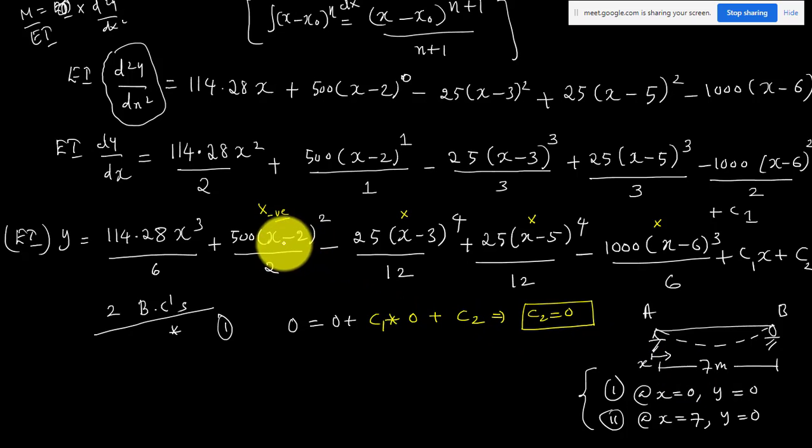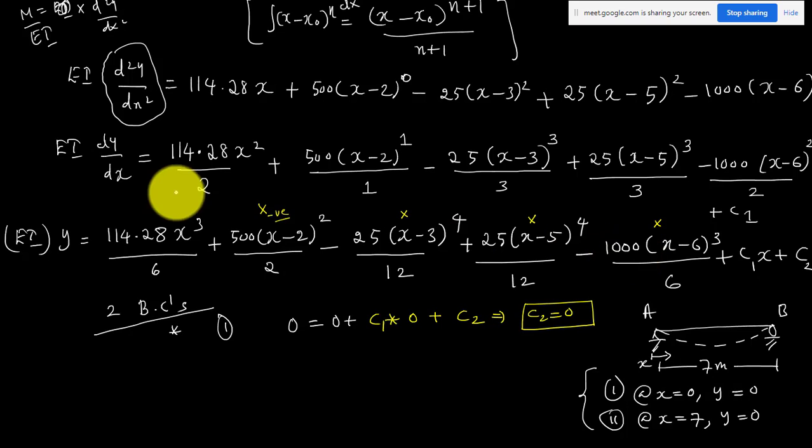So if you consider these terms as 0 minus 2, or minus 2 raised to 2, then everything will be wrong. That is how we have to apply this equation. Whenever you apply the value for x, if any quantity, like the bracket x minus 2 or x minus 3, becomes negative, you simply avoid those terms.